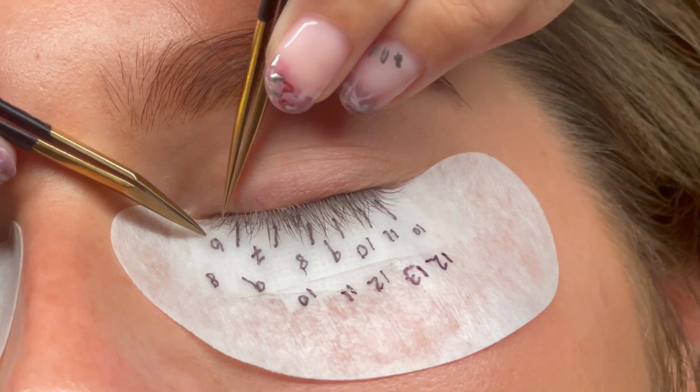We'll start with the spikes. Everyone has their preferred order for lashing, but for a hybrid set, I like to begin with spikes, then move to fans, and then to classics. I'll start with the inner